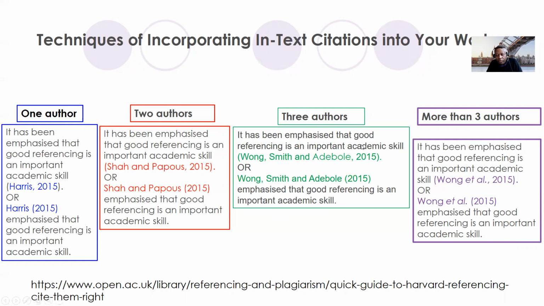So when you have three authors, you pick the surnames of all the three authors and you state them, with a comma at the end and the date of the article, the year, or you have again the year in brackets. Now, when you have more than three authors,